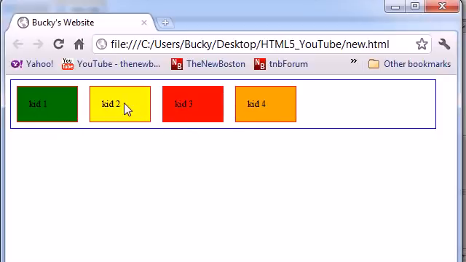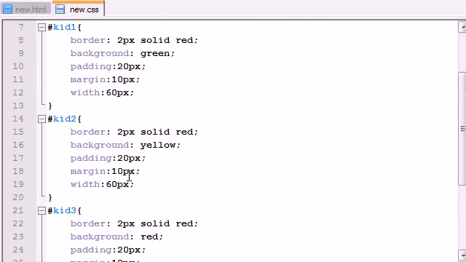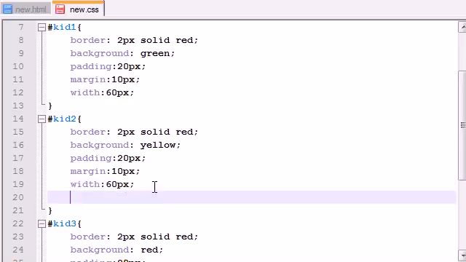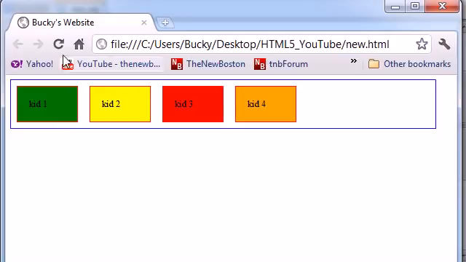Now say we want kid number 2 to be flexible and kind of push all these to the side. So what we can do is go up to kid number 2 and add that property called -webkit-box-flex. Now I believe we used this in our very first example, and remember, when we give it the value of 1, it pretty much flexes to take up all the available space. 0 means not flexible at all. I think it's 0 by default, but if we give this 1,